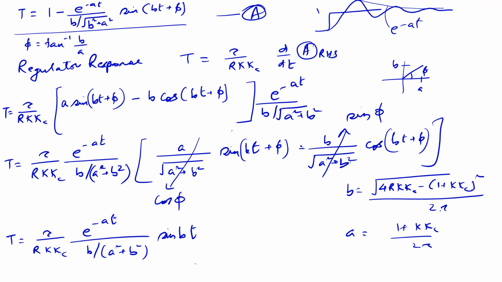4r kkc divided by 4 tau square. Okay, so this guy goes to 4r kkc divided by 4 tau square, and b is of course what it is, and therefore this 4 and this 4 cancel out, this guy and this guy cancel out, and b is square root 4r kkc minus 1 plus kkc whole square divided by 2 tau. So the 2 tau will go to the top, and therefore what you eventually will get or should get,